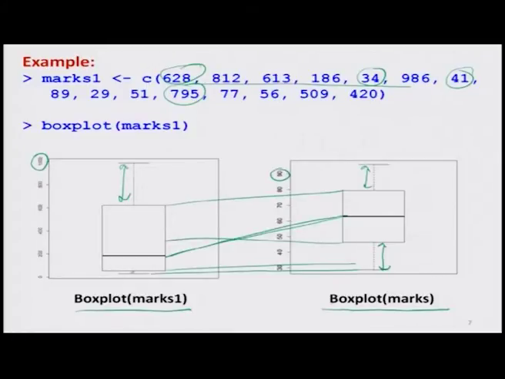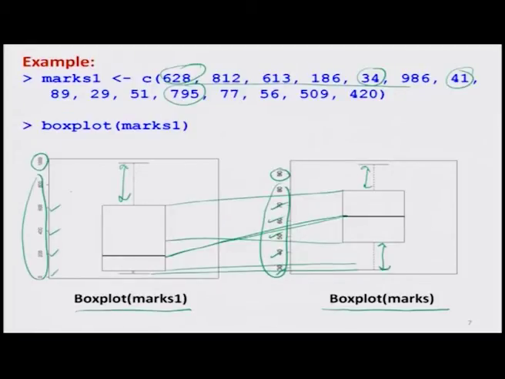Here you have to be careful that it is not only the length, but you also have to see the magnitude. The magnitude on this y axis is also differing a lot. For example, in the box plot of marks, the values are 30, 40, 50, 60, 70 and so on, whereas in the box plot of marks1, it is 0, 200, 400, 600 and so on. Right. So, by looking at these two box plots, you can compare the two data sets with their basic characteristics like minimum, maximum, quartiles and so on.